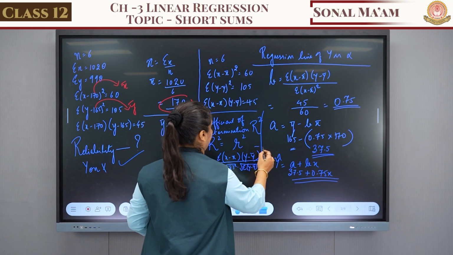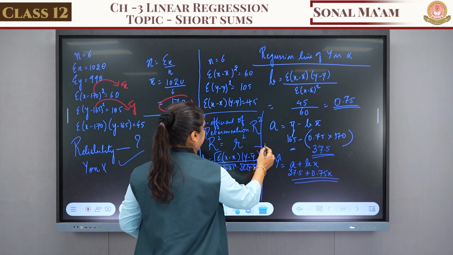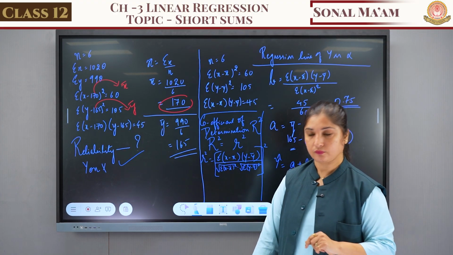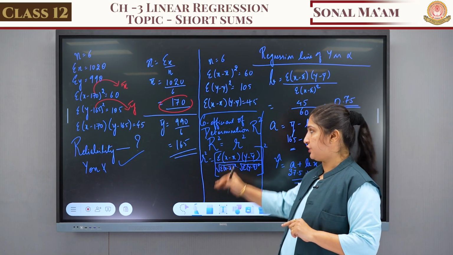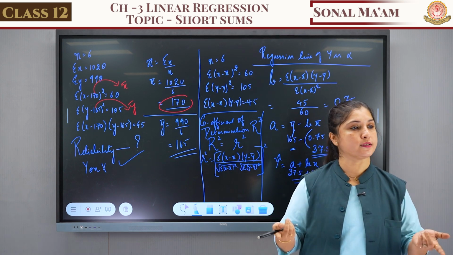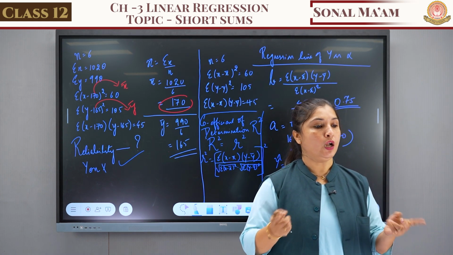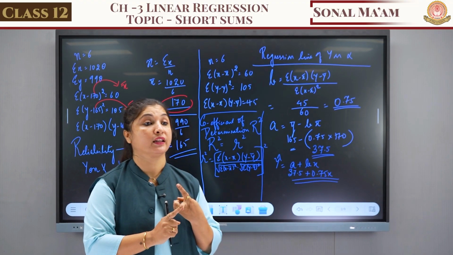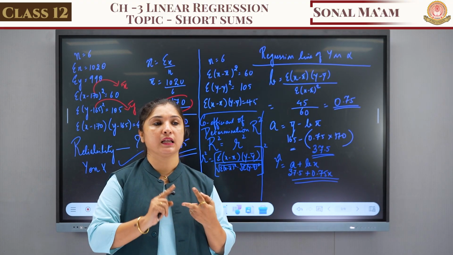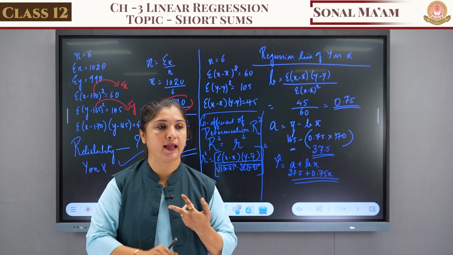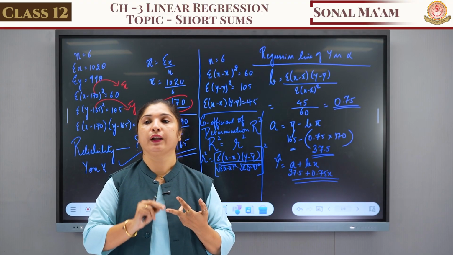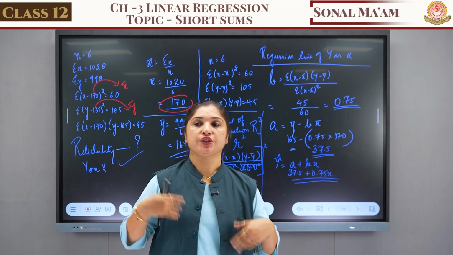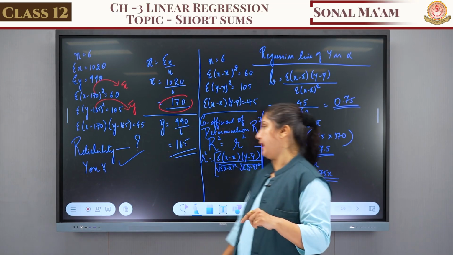So what we have to do is write the square of this. Yes or no? Data we already have, we just have to write the data and do the square. Is it clear to everyone? Two questions were asked in this. We have to find y on x and we have to check the reliability. Whenever it is given in the question, you have to check the reliability, then you have to find the coefficient of determination. Is it clear to everyone? Shall we move to the next one? Yes.